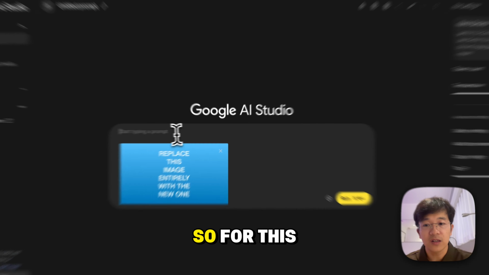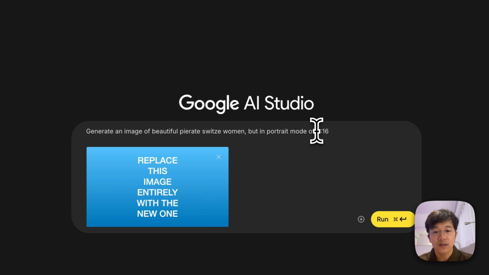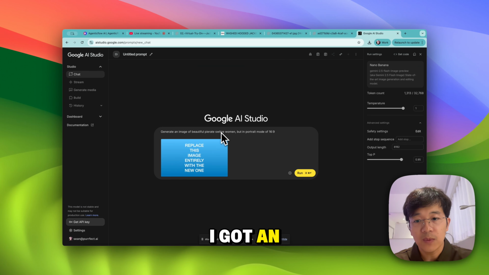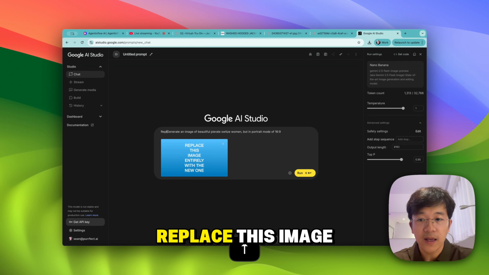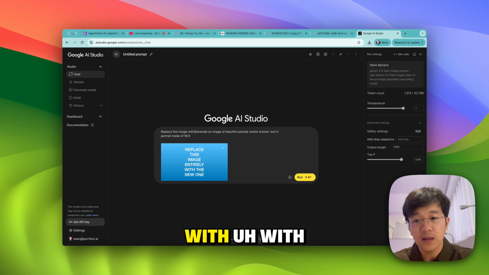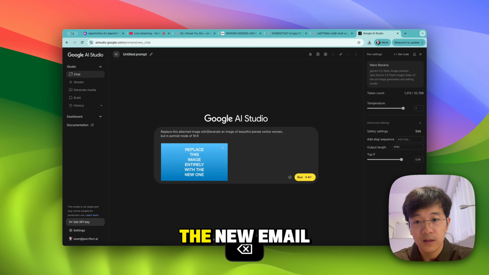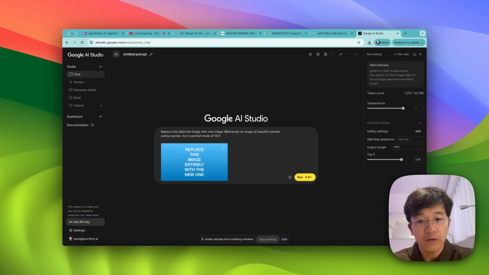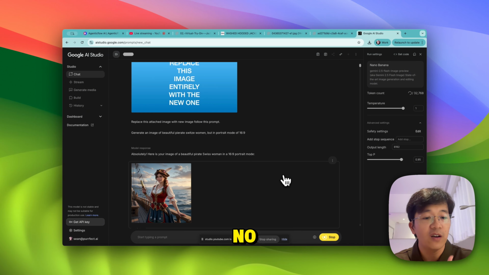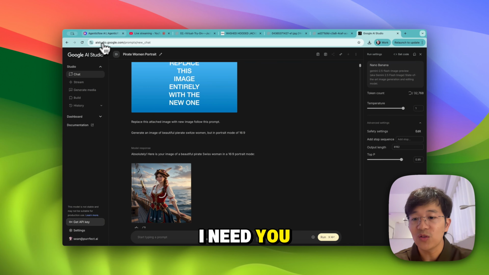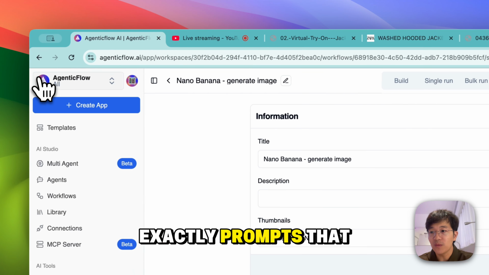I say generate image, replace this image with the new image, follow these prompts. No, it's not working. Anyway, I need to use exactly the prompts that I used.